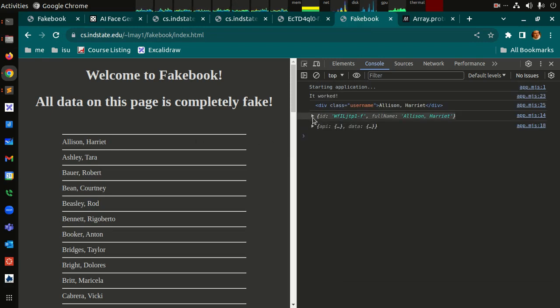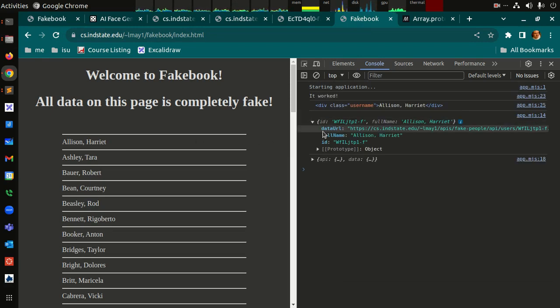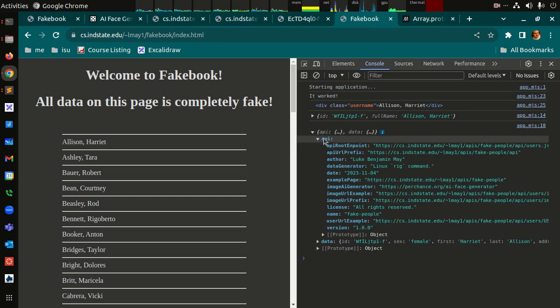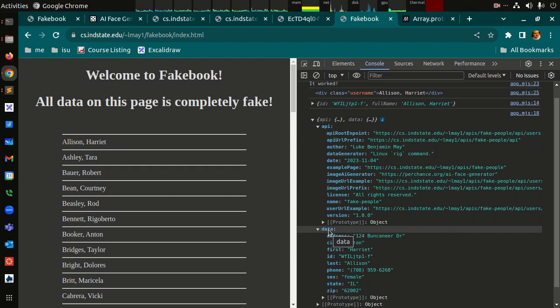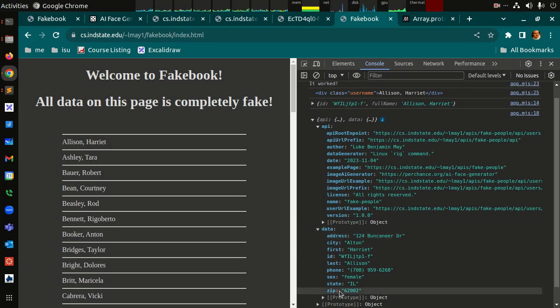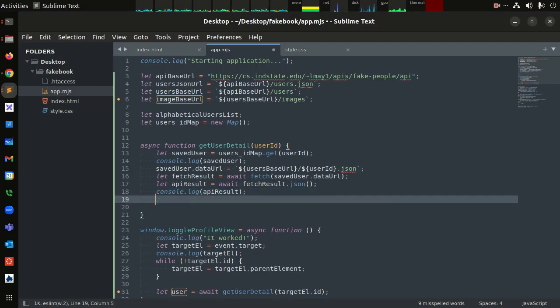Click. All right, so this was the shallow object. Now we did add the data URL to it, and then this is the deeper object we got from the API. Now notice, again, we have that metadata from the API, but this is the actual payload. This is the data. This is the actual thing that we requested, right? So this is the user information. So what I want to do is attach all of the stuff that I got back in that data blob, everything in data, to our saved user, right? So what I can do is I can say